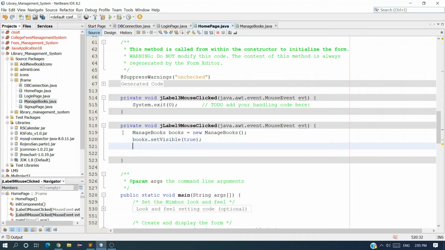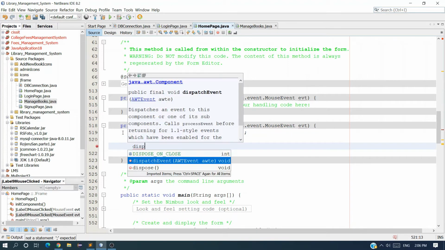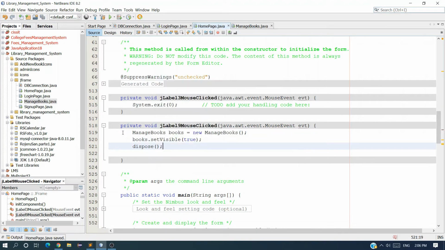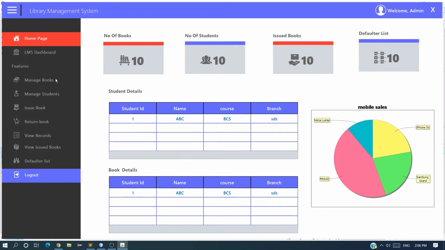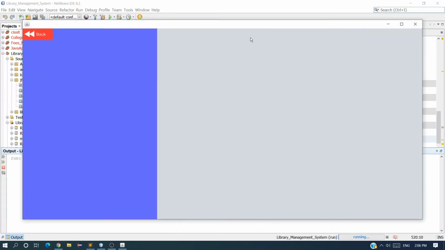true and dispose. Why am I writing dispose? Because the dispose method will dispose the current frame and it will open this book frame, that is the manage book frame. And let me just run it again. So whenever I click on this manage books, you can see we got this manage book page, but I